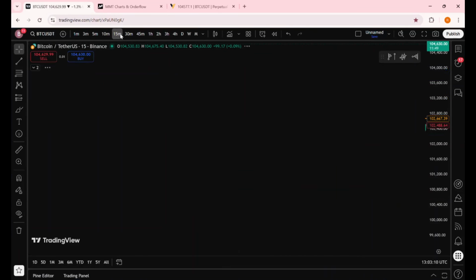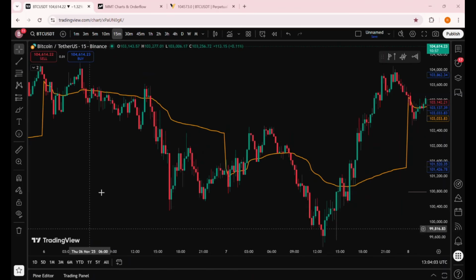So if we just go to a 15-minute time frame, we can see that on that candle there, price came down, and we had some longs trying to push the price up, exactly what we're seeing here, but they were unsuccessful. As soon as we break the VWAP, we're looking for this back test here. So this was approximately the next candle, which is at 1430, where we tried to back test this VWAP, but we were unsuccessful. So you could have taken a short position here